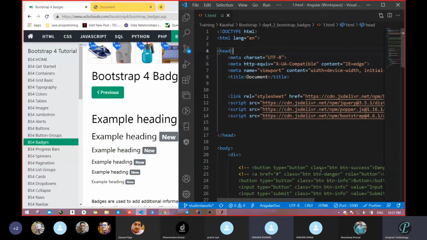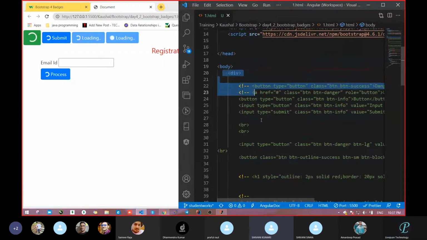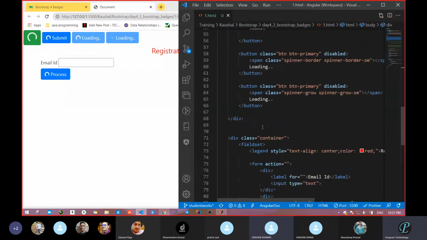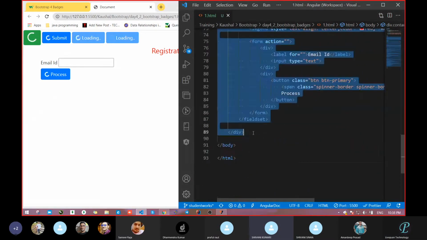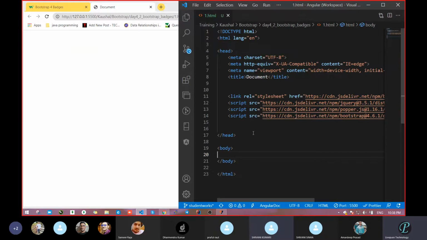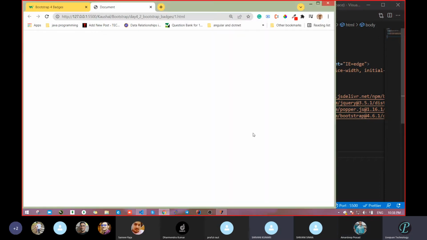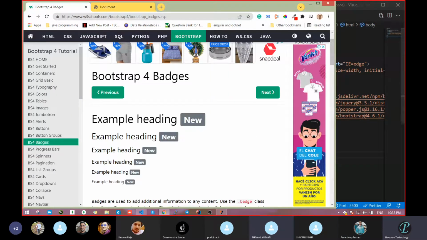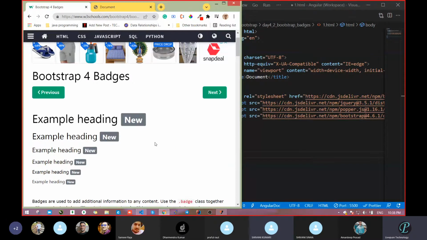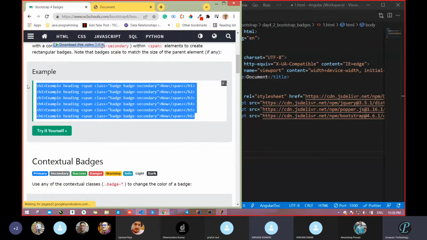In Bootstrap, you will see that there are very many interesting things, such as a spinner itself. Progress bar is there, notification bar is there, everything. Is there any option in Bootstrap for a marquee, like that breaking news one? No, that is not in there. You can go with an HTML tag itself. So see, if you have to make badges like this, where some badges are there, you can make this directly.